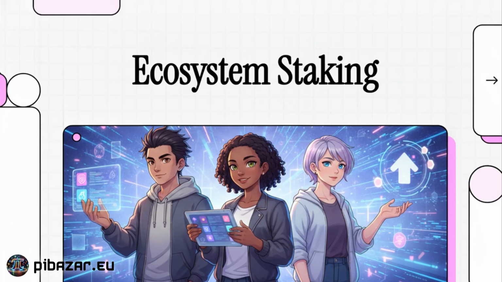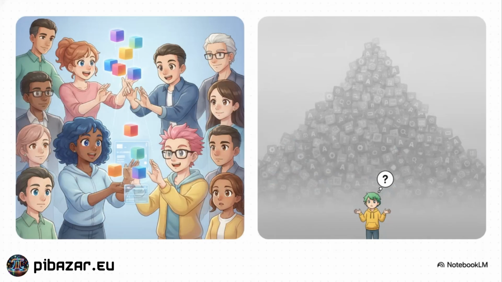Let's get into it. So here's the massive paradox facing developers right now, or vibe coders as the Pi Network calls them. On one hand, AI-assisted tools have totally revolutionized the building phase. It's literally easier than ever to write code, design an interface, and just launch an app. But there's a pretty heavy flip side to that. Because it's so easy to build, the market is completely flooded. It is incredibly tough to break through that noise and actually reach real engaged users.